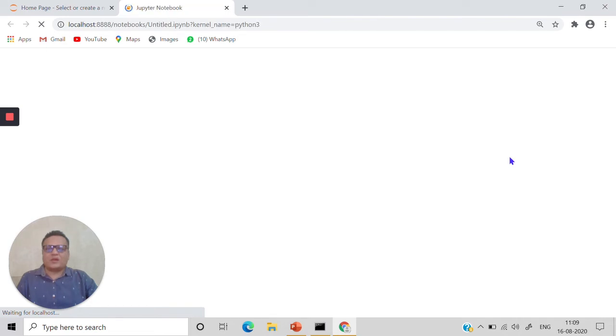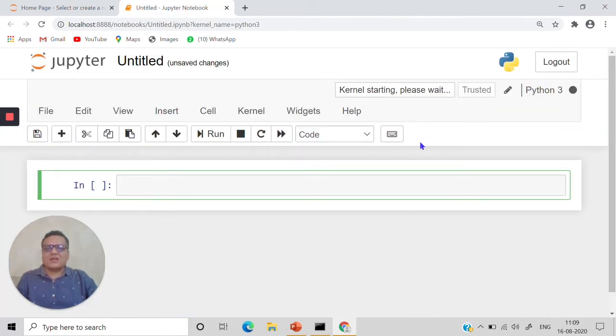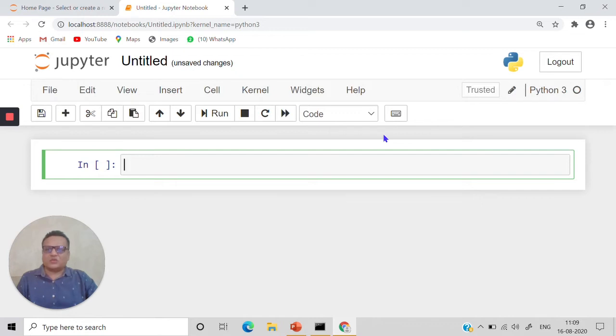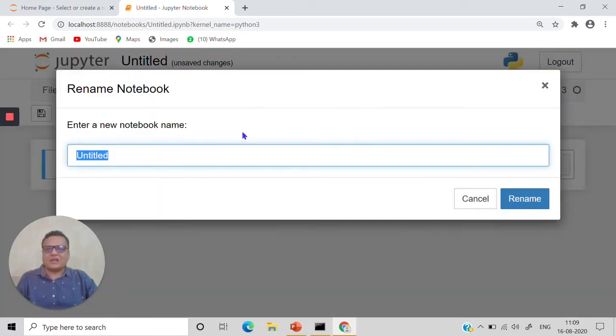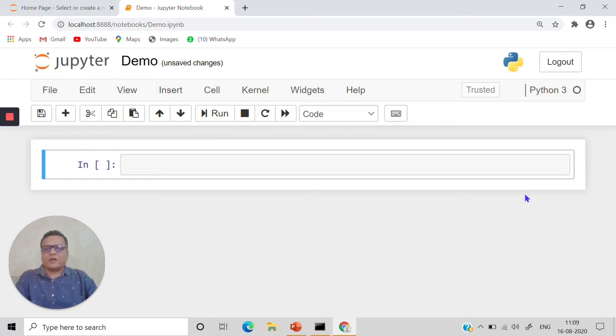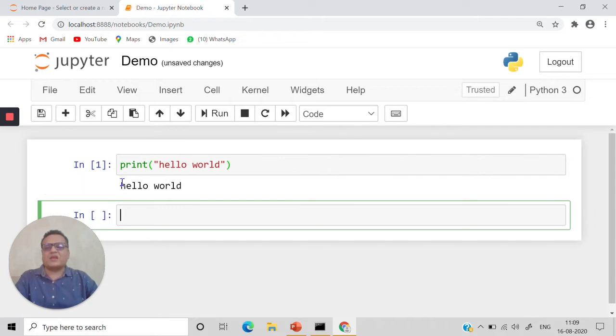When I click on Jupyter Notebook, this screen will come up for adding a notebook. By default its name is untitled. I can click here. Let's say I am creating a demo for class, so I can just write the name of this demo. Now my file is being saved. This is the menu bar, these are the toolbar, so I can save. This is the prompt in which I can write my commands. Let's say I start with print hello world. I'll just press shift enter, and the command will give me an instant output.